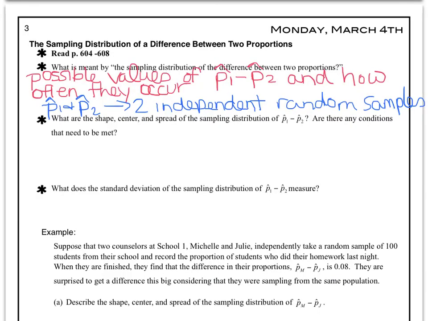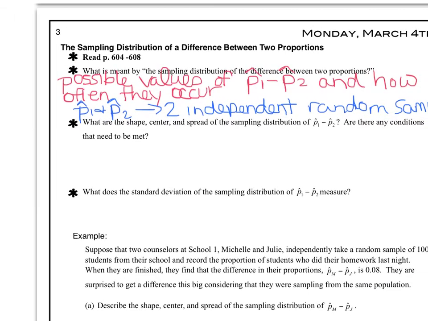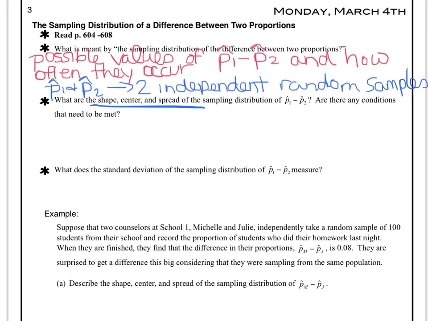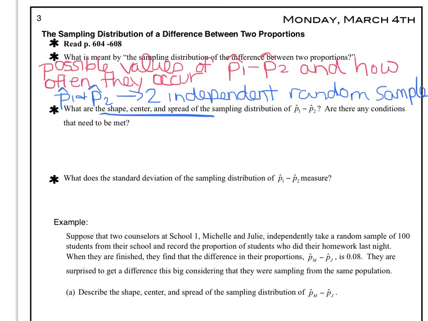Okay, so now that we've talked about the shape, the center, and the spread of the sampling distribution, let's talk about the standard deviation. I want to make sure we understand what standard deviation is. And the meaning of it doesn't change just because we're talking about sampling distributions. Basically, standard deviation tells us how far a data point is from the mean on average. Okay? That's what it tells us in the sampling distribution, except our data point and our mean have a couple different meanings. Our data point is the estimated difference. So basically this is telling us how far the estimated difference that we just calculated